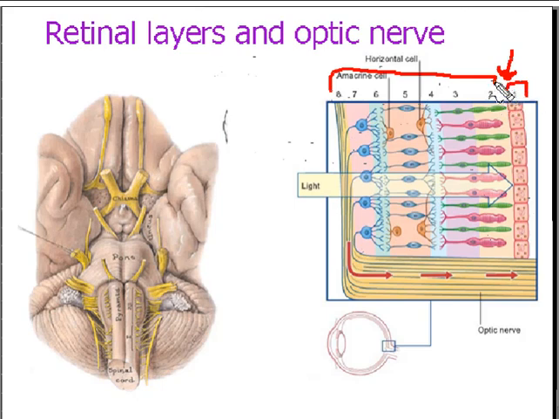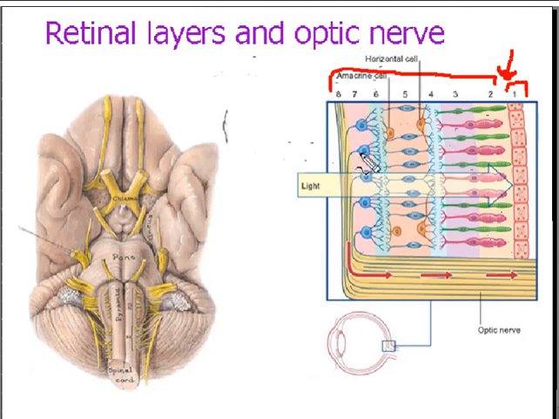Now if this becomes large, then the rods and cones do not get any nutrition, because this pigmented layer also provides nutrition to the rods and cones. So if the connection between them goes, then the rods and cones do not get any nutrition, and so the person can go blind. So anyway, coming back to these ganglion cells, as you can see here,